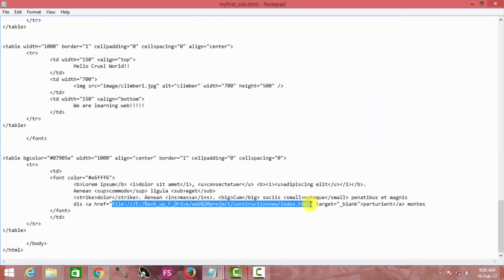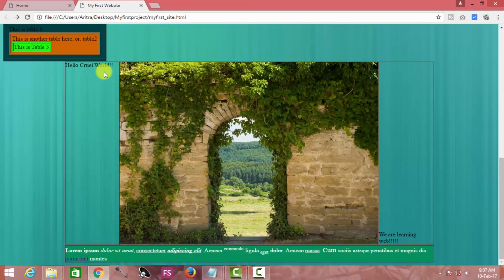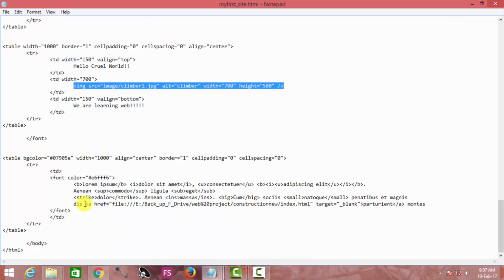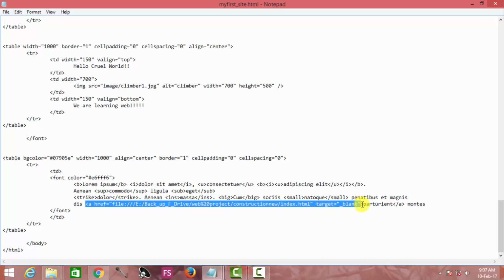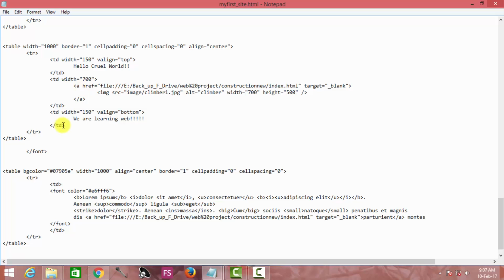In the same manner, if you want to link your image, like we are seeing here with this image source, and you want this image to open another linked text or document, then all you have to do is first come back here, copy this, and paste it over here. You have provided here the anchor tag and the hyperlink reference.